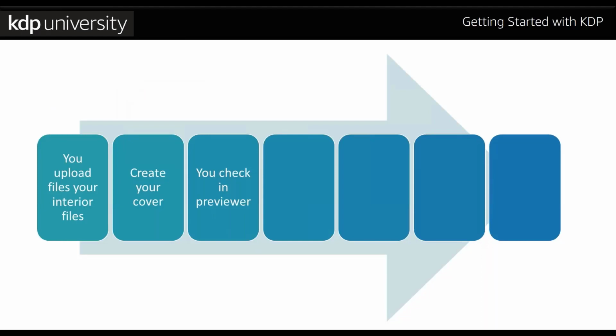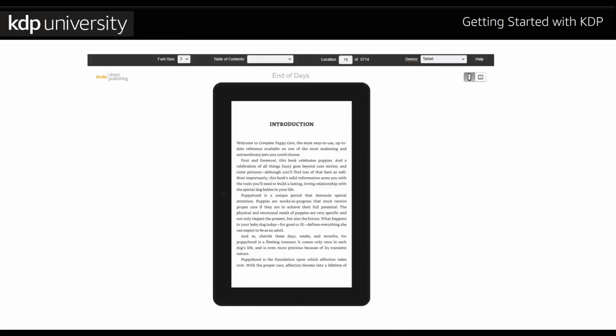After you upload your interior and cover files, check your files in the Previewer tool. This tool checks for errors you need to fix before you can submit for publication. Both the ebook and paperback book content pages allow you to preview your book before publishing. The ebook previewer shows what your book will look like on multiple devices like tablets or cell phones. So this is the previewer, and here at the top, you can change the device where you would like to view your book. And in here you can change the orientation, vertical or horizontal,